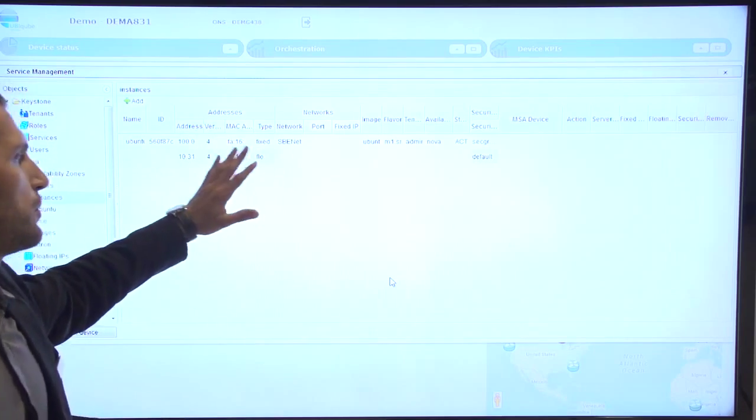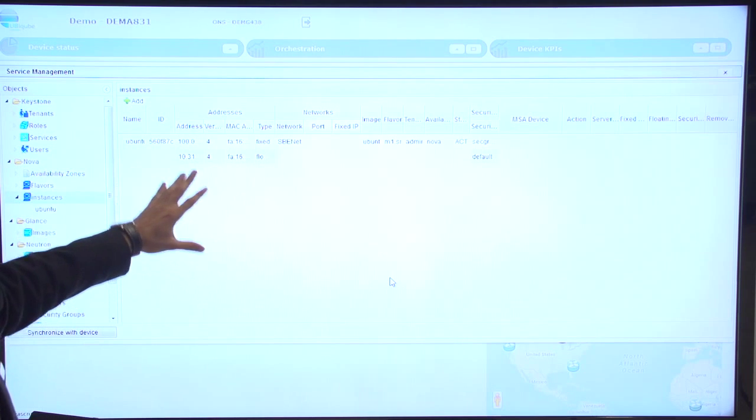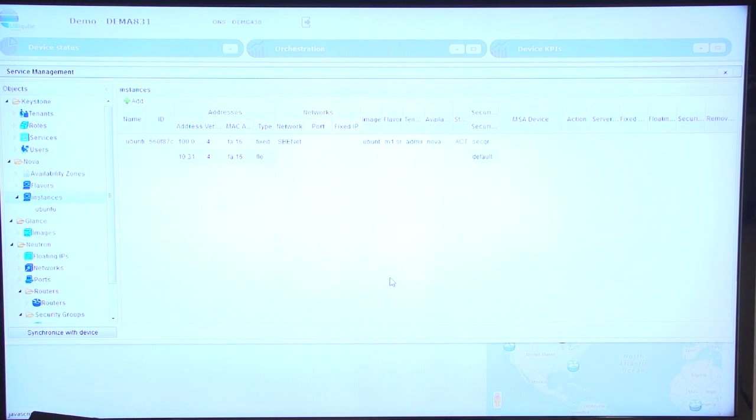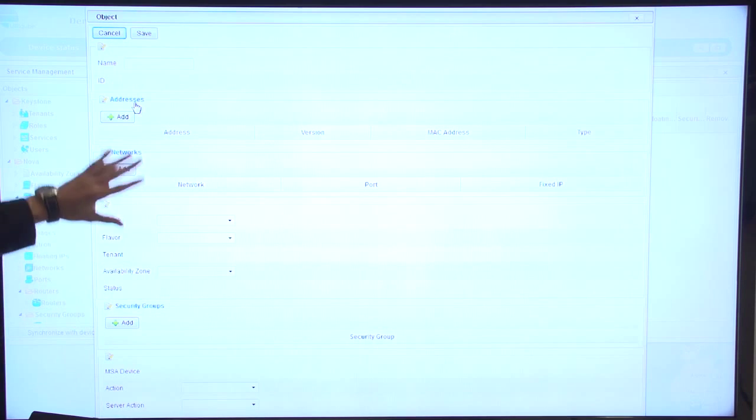And let me now open the service orchestration. More than the import method to import all of the instances, I have a create method. If I click on the plus button, I'm able to create a new instance on my OpenStack server. How can I do that? Simply by filling all the fields.